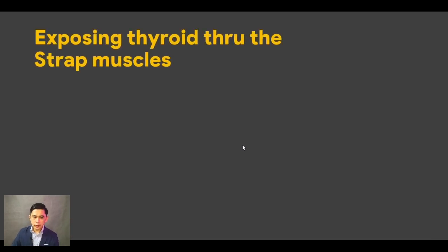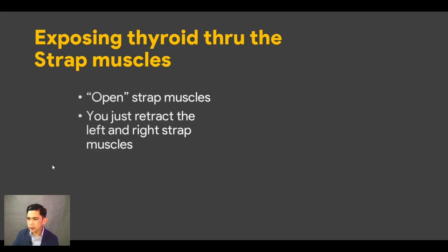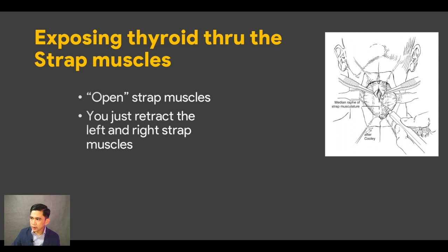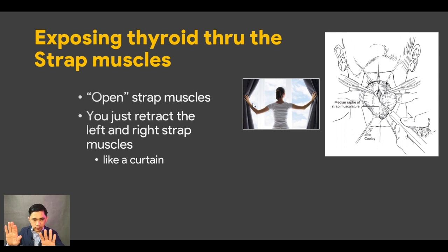Now, we go to our thyroidectomy. We already know our strap muscles, so we have to expose the thyroid through the strap muscles. So we have to open the strap muscles. Just retract, or move, the left strap muscle and the right strap muscle. You just have to open it, just like this. We have one set of strap muscles to the left, one set to the right. It's like opening a curtain. No? Just open it. You don't have to cut it, you don't have to do anything, you just have